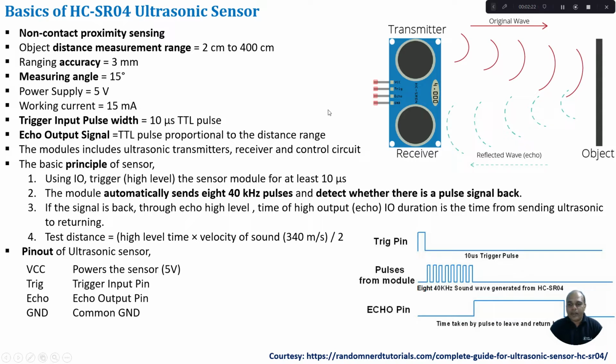If we look at the pinout of this ultrasonic sensor, we have 4 pins: VCC, trigger, echo and ground. VCC and ground are power supply lines, whereas trigger and echo will be connected to the GPIO pins of your Arduino Mega Board. An output pin of the Arduino will be connected to the trigger input pin of the ultrasonic sensor, and the echo signal from the module will be connected to